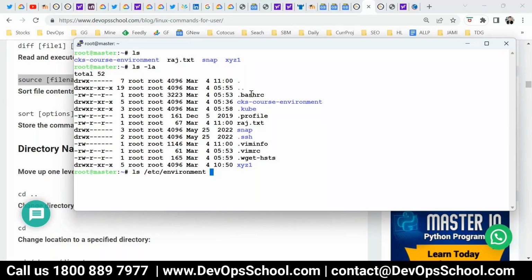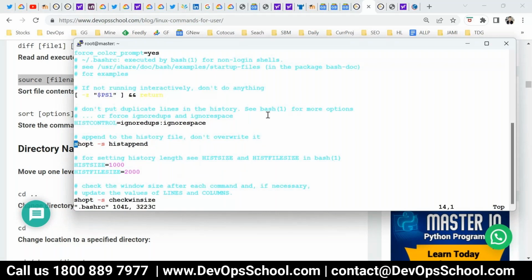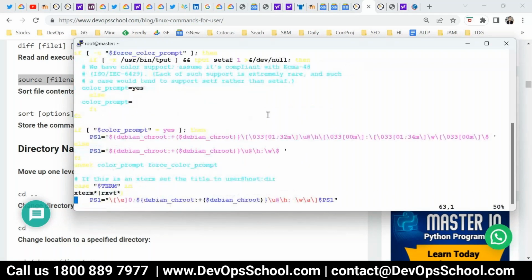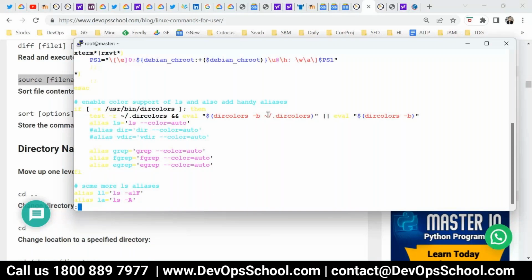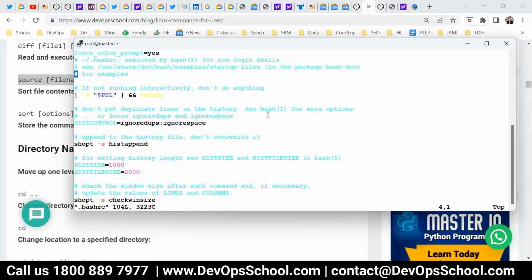So what happens when I modify this file? Let me modify the bashrc. vi is the editor. I'm modifying this file, and if I want to set something, it's a pretty long file, so let me come to the end of it and add Rajesh equals DevOps.